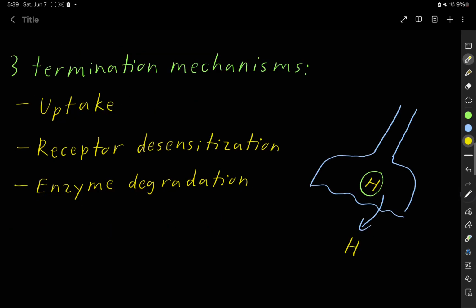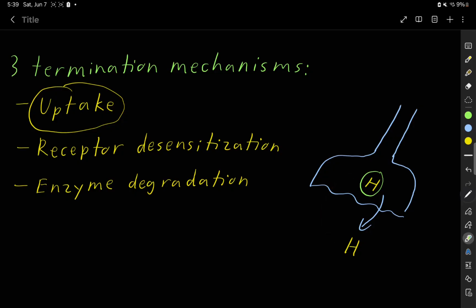So your first termination mechanism, uptake, is pretty self-explanatory. Basically, after your histamine gets released from whatever cell it was stored in, so here I've drawn a neuron, but it could also be like a mast cell or something else. After histamine gets released, if you have excessive histamine, it can be reuptaken into your cell and stored for